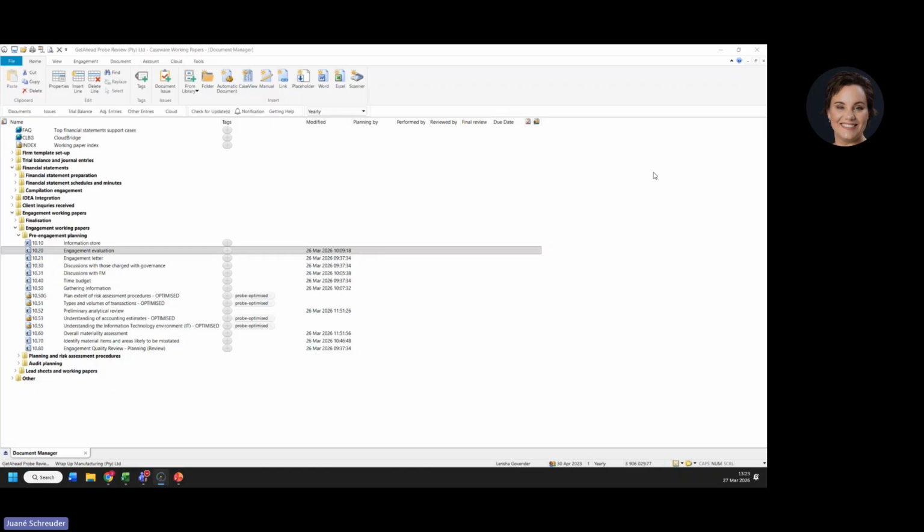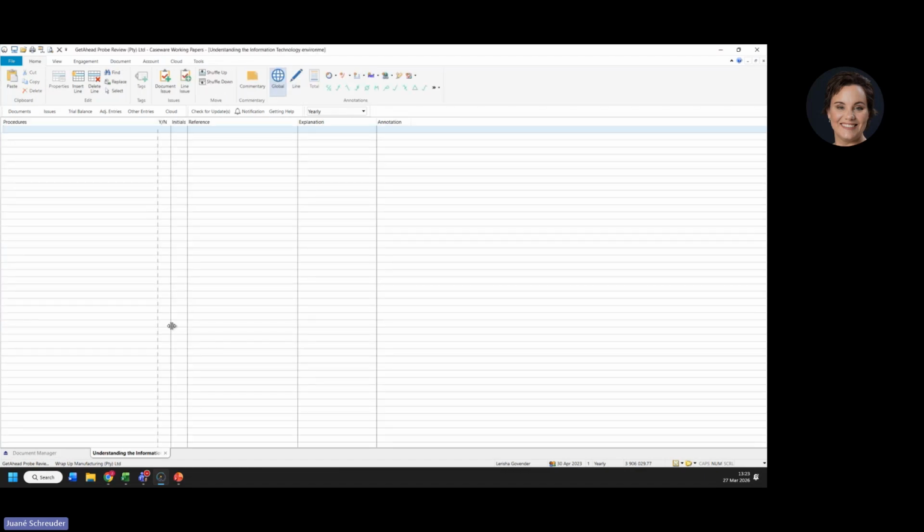Right, so you'll see that there are a number of documents here that show optimized, optimized, optimized. And those ones, 1050G, 51, 53, those ones are the ones that are audit-only documents. So in the past, you would have opened them and they would have said, this is not a document required for independent reviews. And it would still have been there. But now, actually, if you open it, it's just literally completely blank. You can see how quickly it also opens. There's no scripts to run in there. It's just a blank document, basically a space